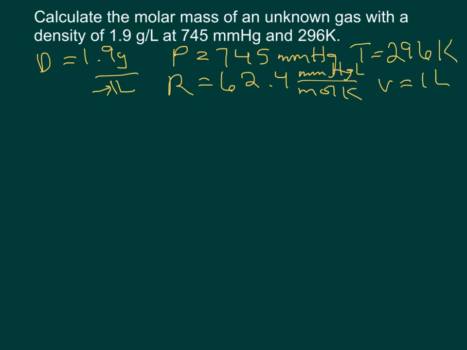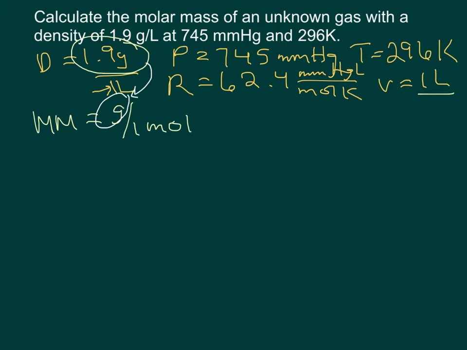So whenever you're dealing with density, you are assuming that you have 1 liter because that's what your density is measured in, so many grams per 1 liter. So molar mass is given in units of grams per 1 mole. Okay. I don't know how many moles of gas are inside of my 1 liter container because I have currently 1.9 grams inside that 1 liter. I don't know how many moles it is because I don't know my molar mass. What I do know is how many grams I have